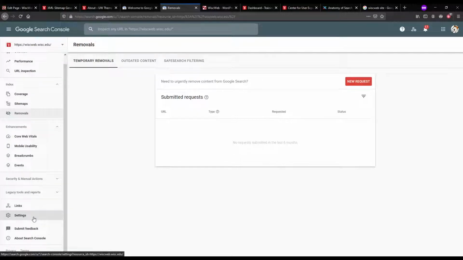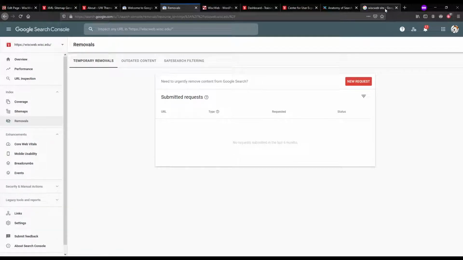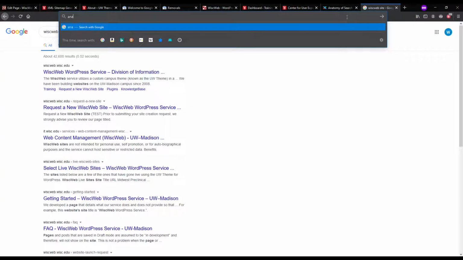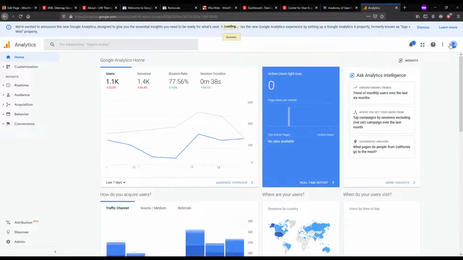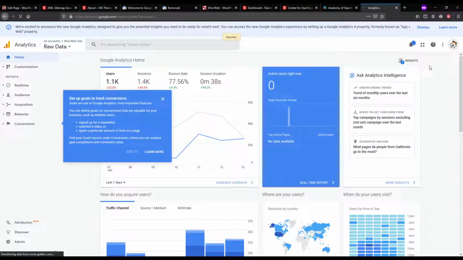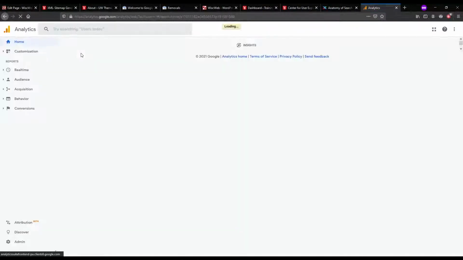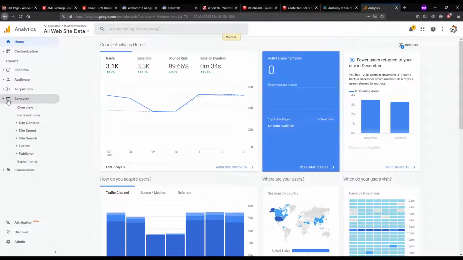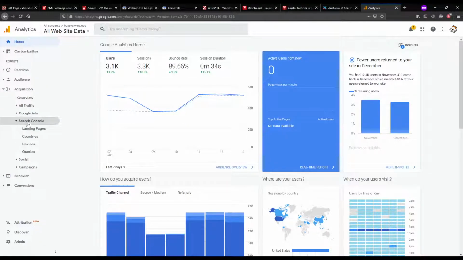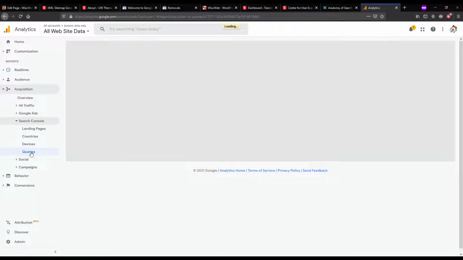There are other aspects of this as well, but the one thing that I did want to show, and the one reason why I like using the Google Search Console in relation to the site, is when you are logged into your Google Analytics, there is a process you can follow where if you went to Acquisition and Search Console, you can actually use Search Console with Analytics.